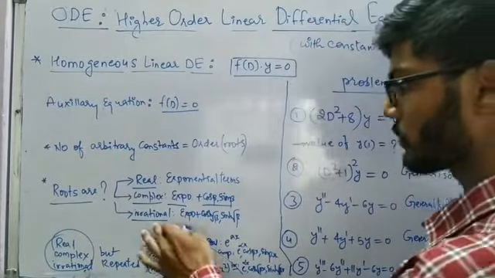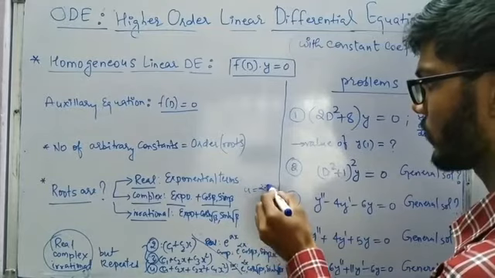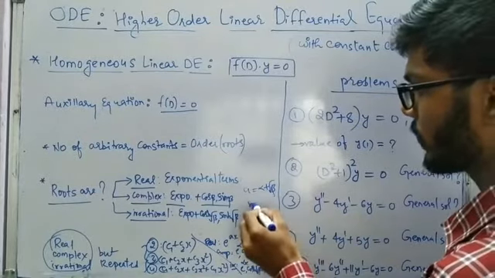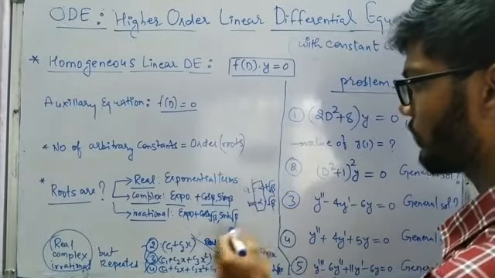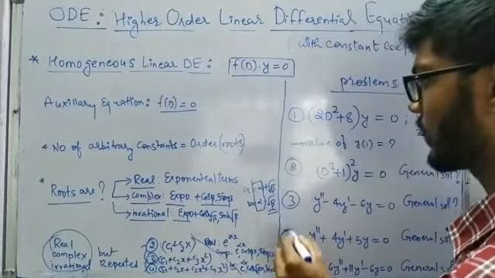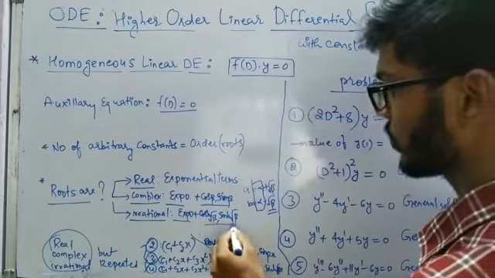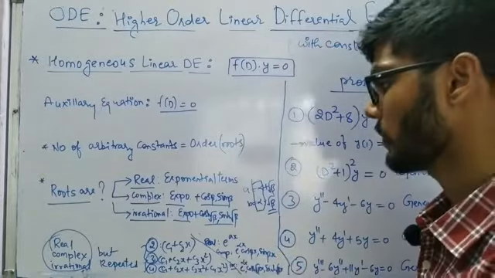And in the case of irrational roots, if we get a equal to alpha plus root beta, and b equal to alpha minus root beta, in that case again this alpha term is going to give us the exponential term e power alpha x, and this irrational term root beta is going to give us cos hyperbolic root beta x and sin hyperbolic root beta x.